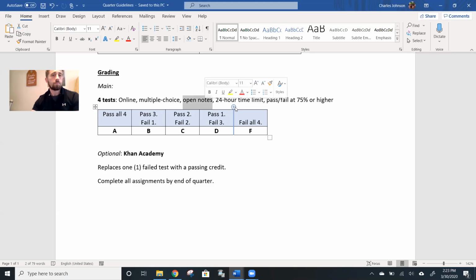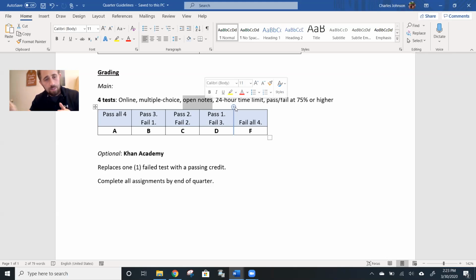You have full access to any material you have at your disposal. You have 24 hours to submit the test. So on Wednesday at midnight, I'll post the test on Chuck's cheat sheet and on Edsby if I can, if Edsby is working on that day. You have until midnight on Thursday to submit it. So if you submit it at 1 a.m., an hour after it's posted, awesome. If you submit it at 11:59, 23 hours after it's posted, you're good.